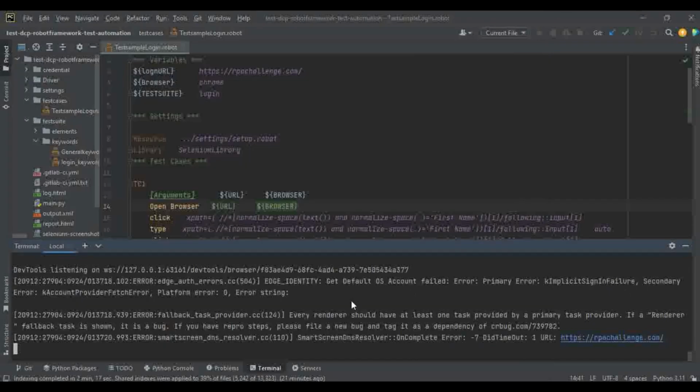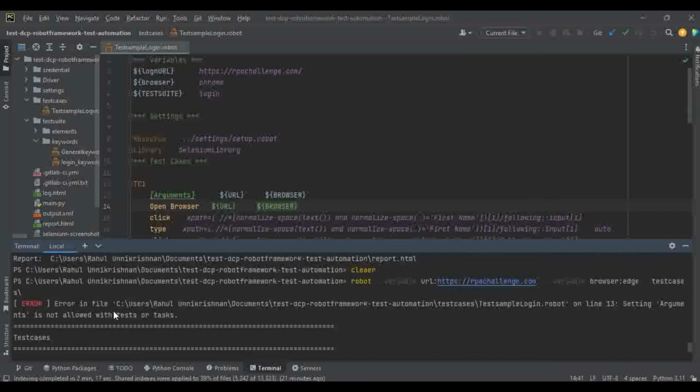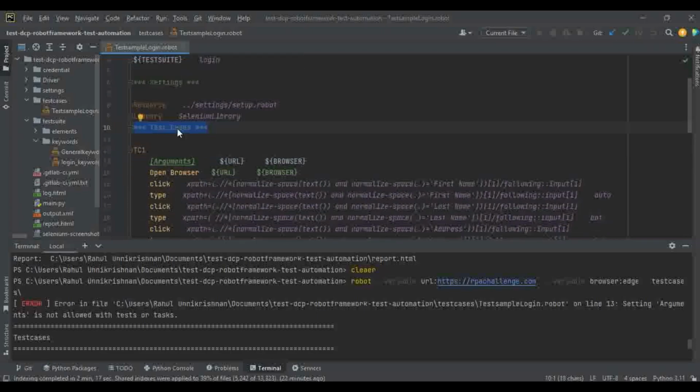But the problem is we'll be getting an error like this. Error in file: this particular test case in line, setting argument is not allowed within test or in task, right? So how you can organize your test cases, either using the keyword test case or using the task keyword, right? So instead of directly passing the argument to your test case, what you have to do is